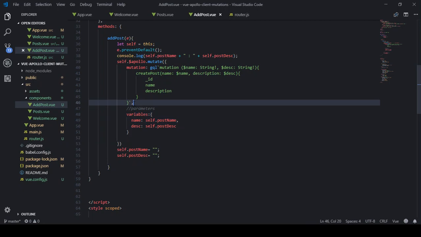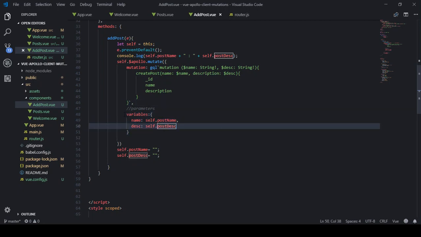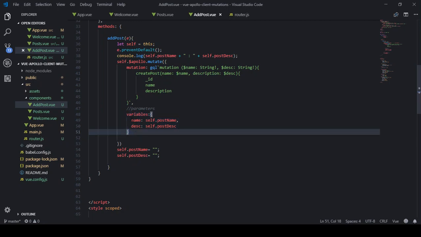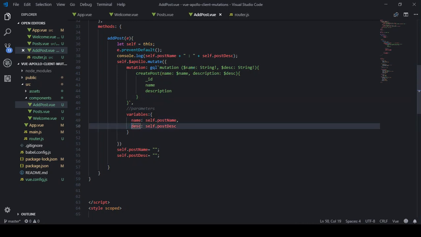And we add a little comma and variables. Okay, this variables object is what we are going to pass. So this name is going to be this name. Okay, even though it doesn't have the $ sign, is this. Okay, it's the same name and desk are the ones here. Okay,